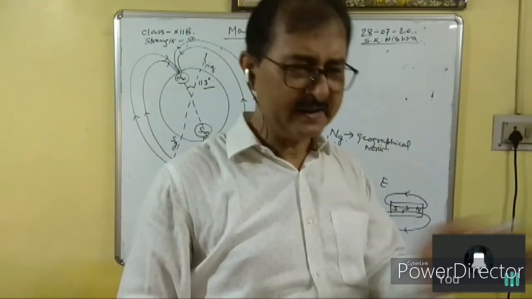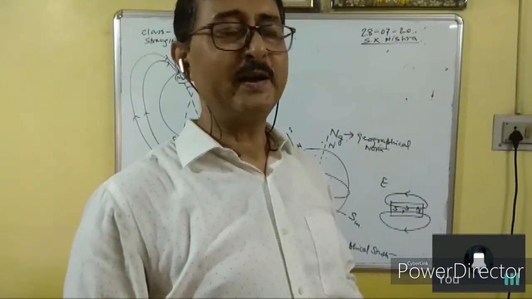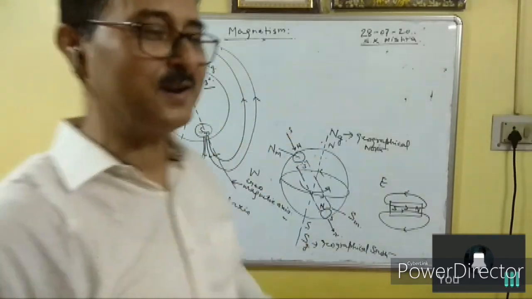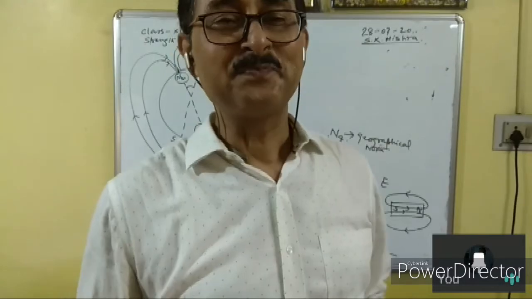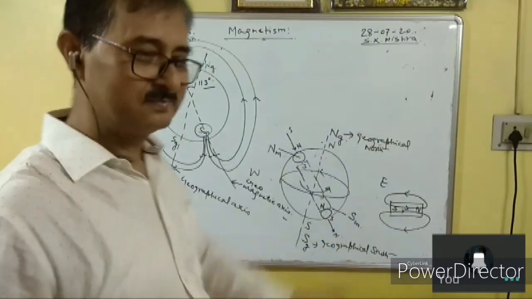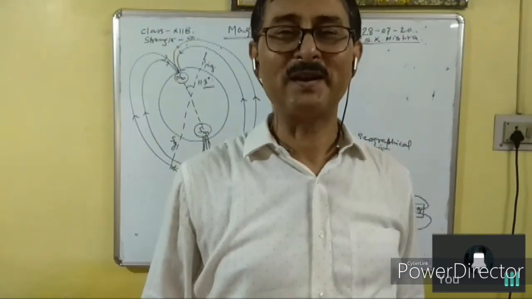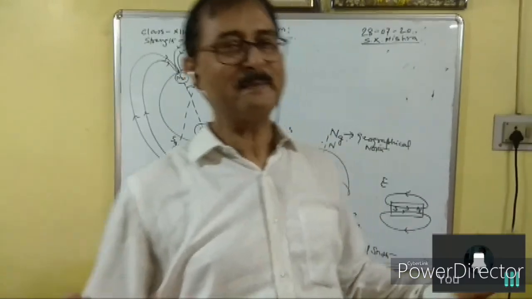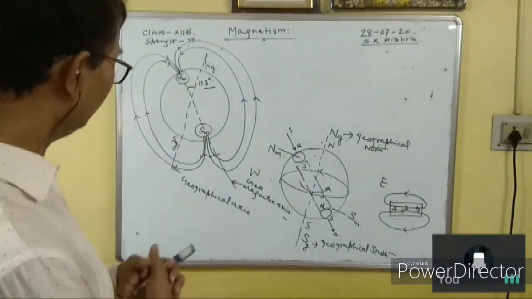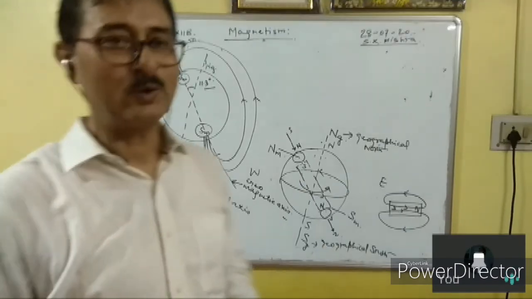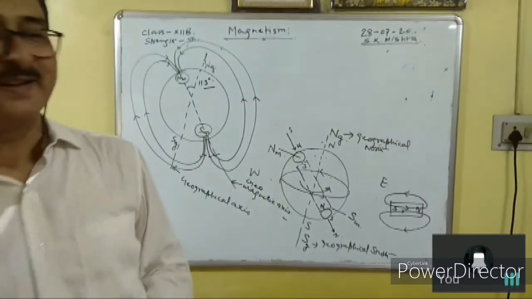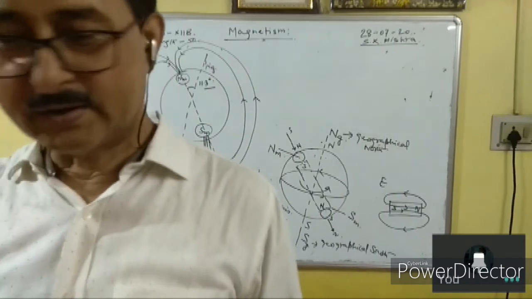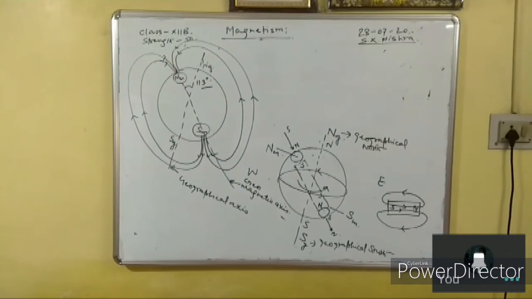Now, this side is magnetic north. So should I write NM? Magnetic north. And this side is magnetic south, so SM for magnetic south. This is geographical north. This is geographical south. Clear? And for the magnetic field lines of Earth, you assume a bar magnet. For this bar magnet, magnetic field lines start from north and go to south. So if you draw the field lines of Earth, then it will go like this. So many lines. You can draw it. But remember, no lines should